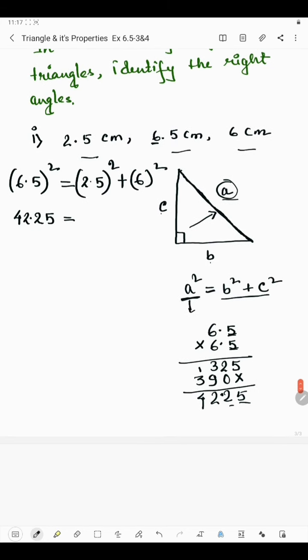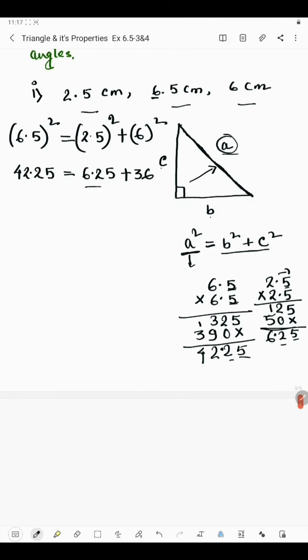Now 2.5 square means how much? 2.5 square means 2.5 into 2.5. So 5 5s are 25, 5 2 carry, 5 2s are 10, plus 2 is 12, then 5 2s are 10, 0 and 1 carry, 2 2s are 4, 4 plus 1 is 5. Now 5, 2, 5 plus 1 is 6, so 625. Now right of the point we count: here is 1, here is 1, so 2 places, and we put the decimal here. So it's 6.25. Plus 6 square means 6 into 6, 36.